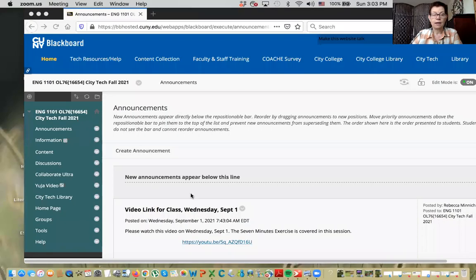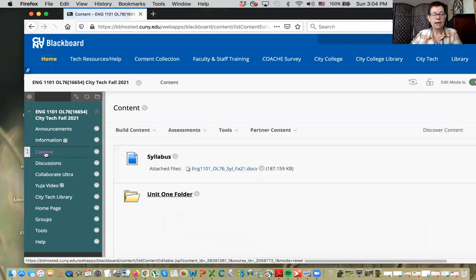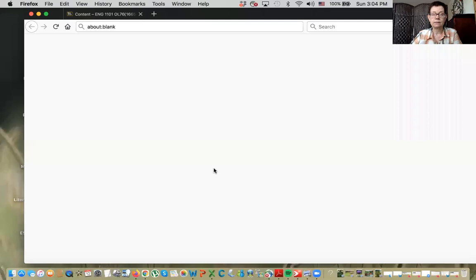And we're going to start with a check-in of the syllabus, just to make sure that we're all up to date about what's coming up. So I'm going to turn on screen sharing, and we're all going to go to the Blackboard site, and we're going to go under content. And from there, we're going to open the syllabus.